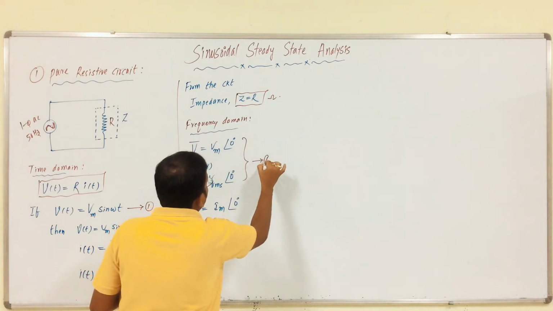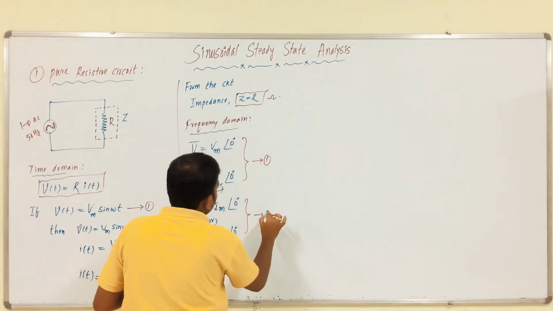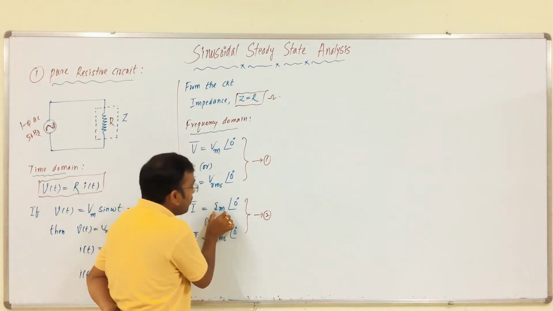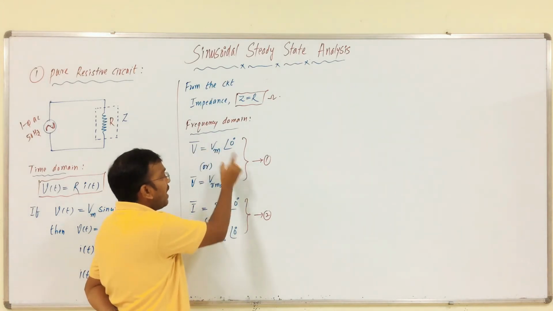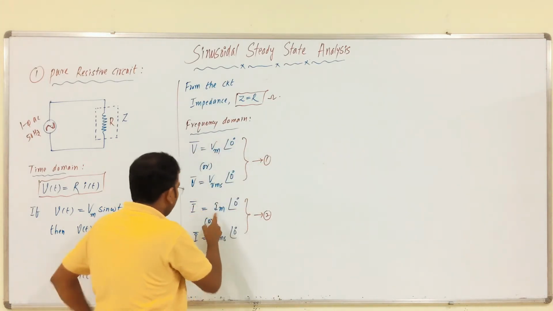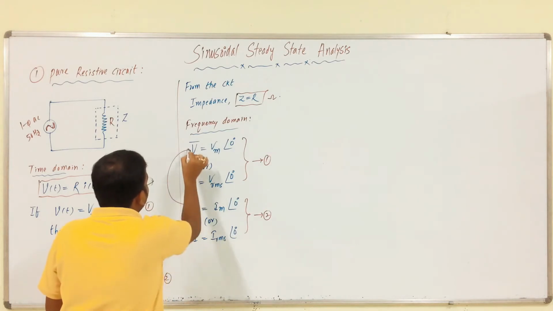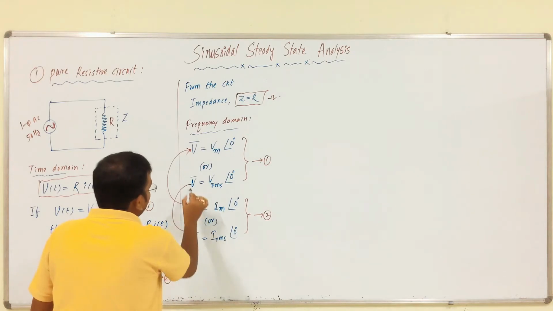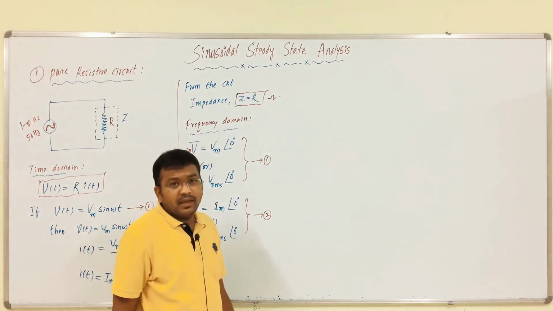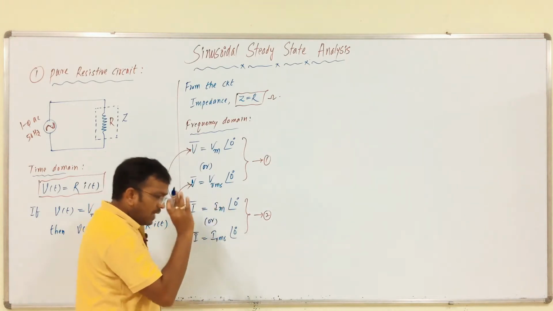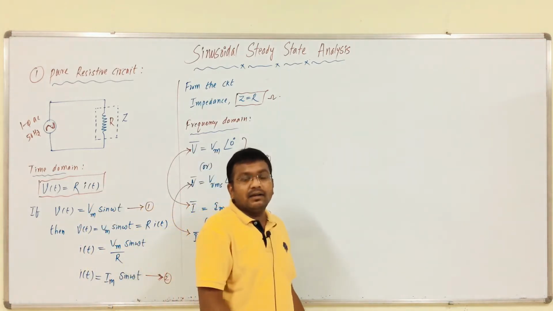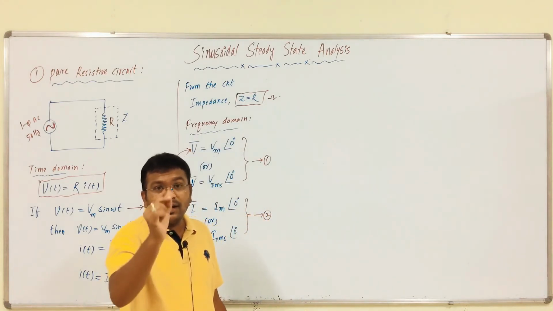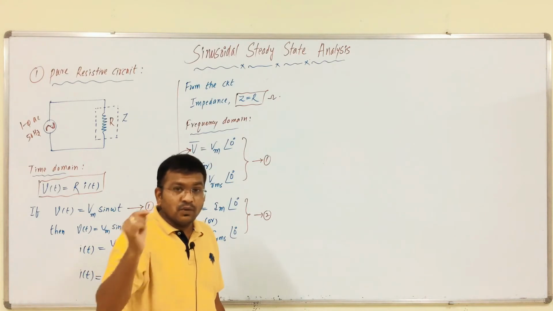This is 1, this is 2. Clear? Here we are providing with respect to maximum value of current or maximum value of voltage. If you consider maximum value of voltage, then you should consider maximum value of current. Or if you consider RMS value of voltage, then you should consider RMS value of current. If I represent the term with respect to maximum value, then you have to represent the current with respect to that notation only. You should follow that notation perfectly, otherwise you will get wrong answer.